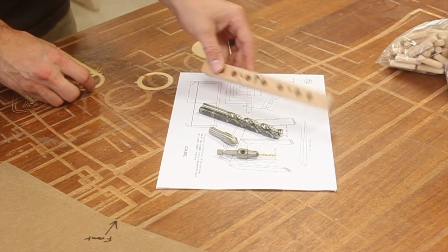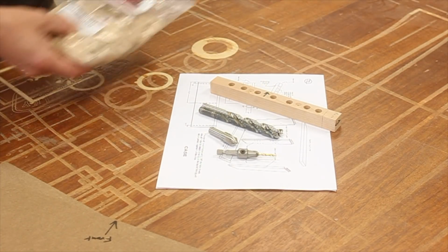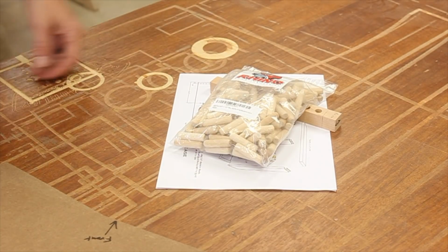Obviously you need your dowels. So these are Rhino dowels from Amazon. They tend to work really well. And another thing I will mention,